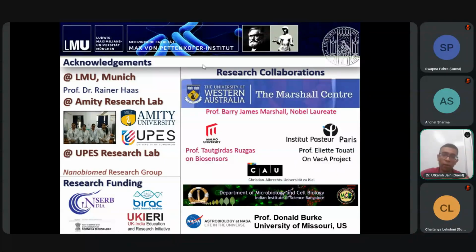We had the collaboration from the Nobel laureate Barry J. Marshall, who gave the idea of developing a device for Helicobacter pylori. And we have collaborations with Malmo University, Sweden, Pasteur Institute, Paris, and of course IISc Bangalore, and one of the NASA professors, Donald S. Goodkin. I did not include most of our collaborators. I just show the work which we had done from 2016 to